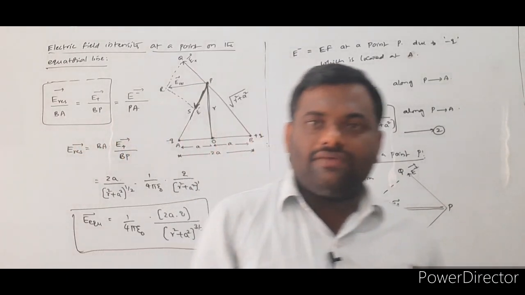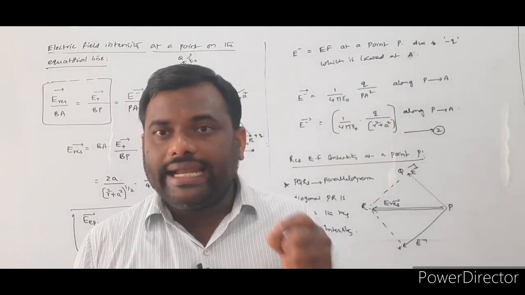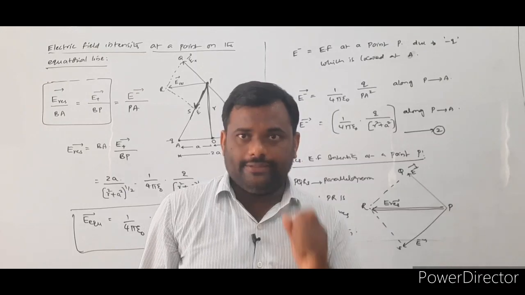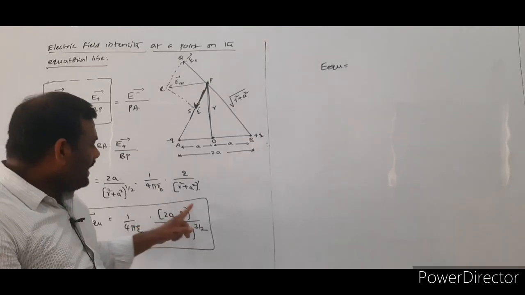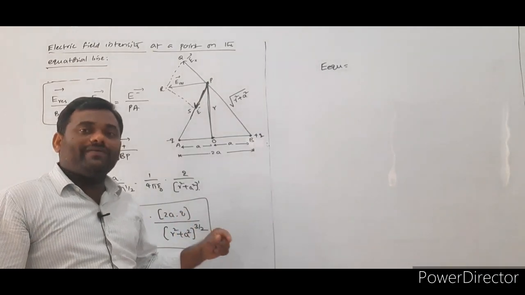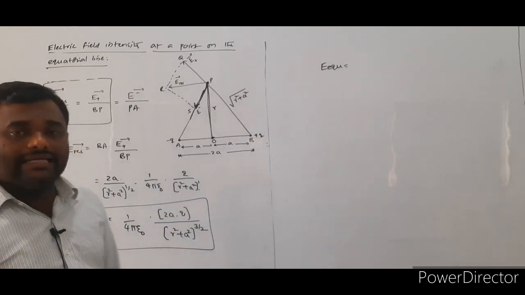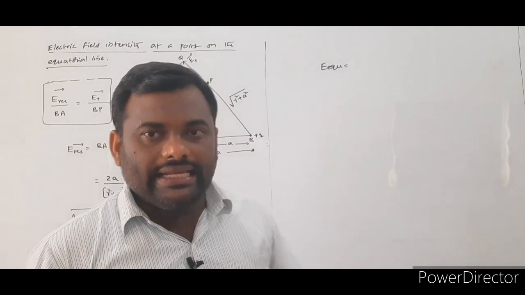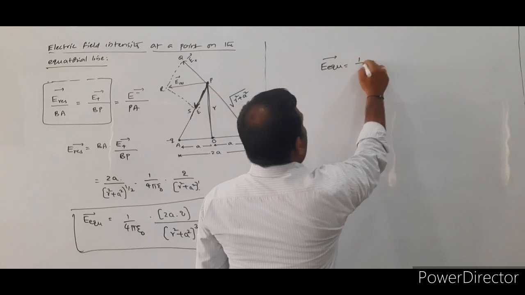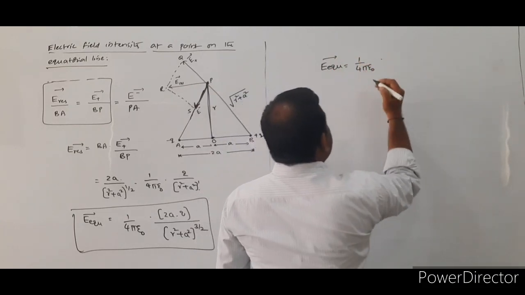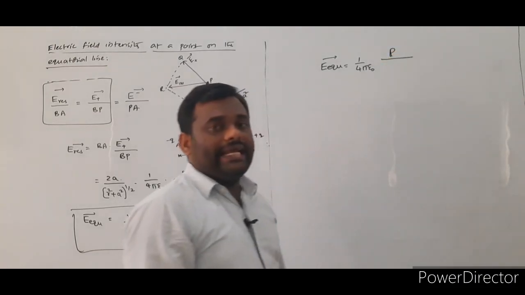So that is giving the magnitude of the electric field intensity at any point on the equatorial line. What you got here? E equatorial line is equal to 1 by 4 pi epsilon naught 2A Q by R square plus A square whole power 3 by 2. But we know that 2A into Q value is equal to what? Electrical dipole moment. Therefore, E equatorial is equal to 1 by 4 pi epsilon naught, and in the place of 2AQ, we will write a capital P.